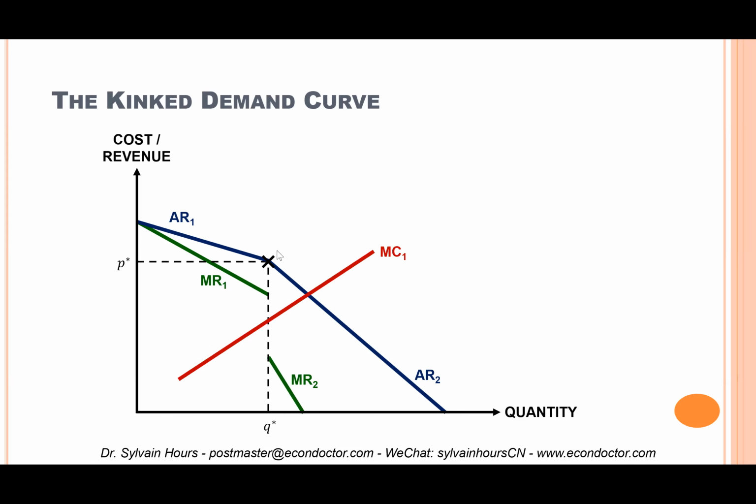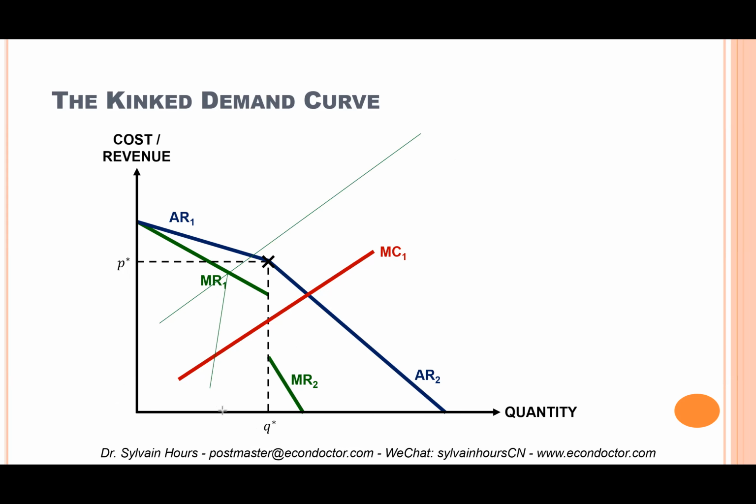Because if P star and Q star is the equilibrium, okay, if we consider that this is an initial equilibrium, it actually means that MC, okay, so the explanation here gets a bit tricky. So usually I don't explain that to my students, okay? But if you want to take your lesson one step further, this is what you can tell them. If Q star is to be an equilibrium, an initial equilibrium, this means that MC must go through the discontinuity, okay? Because if MC was going, let's say, somewhere here,